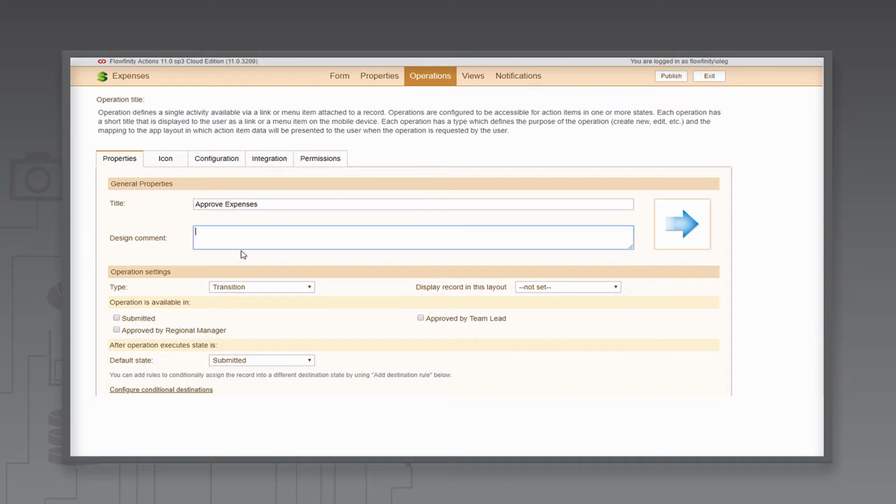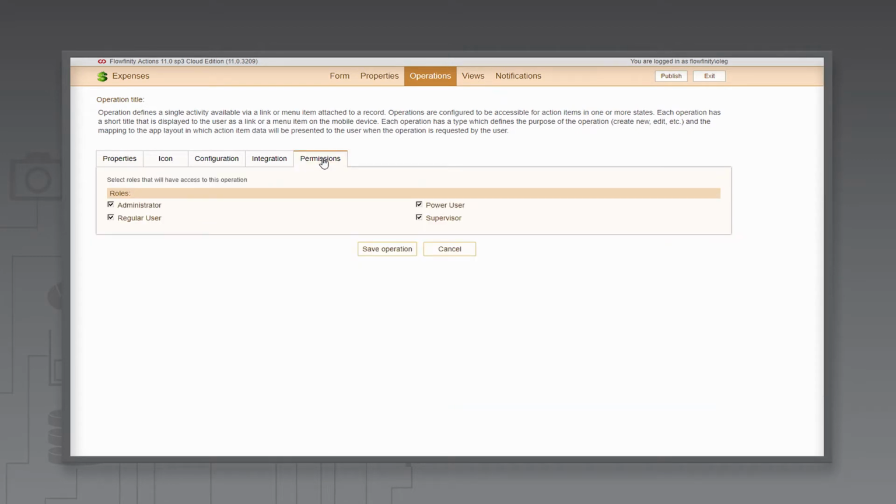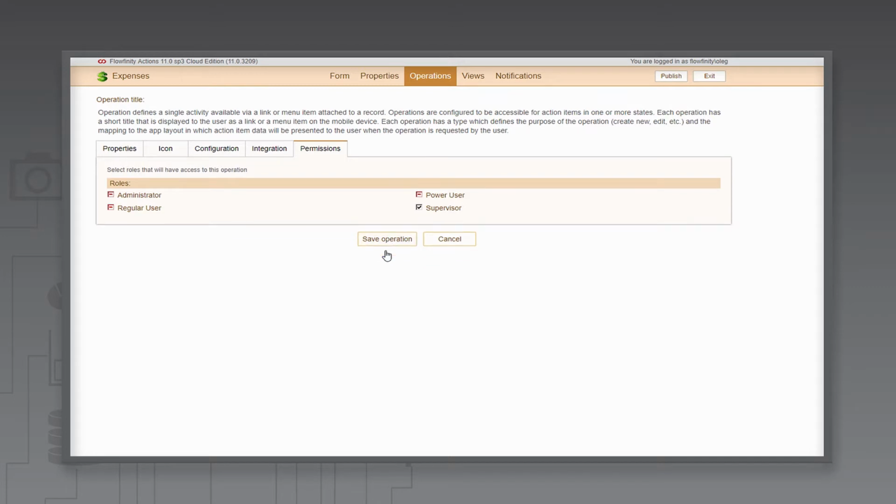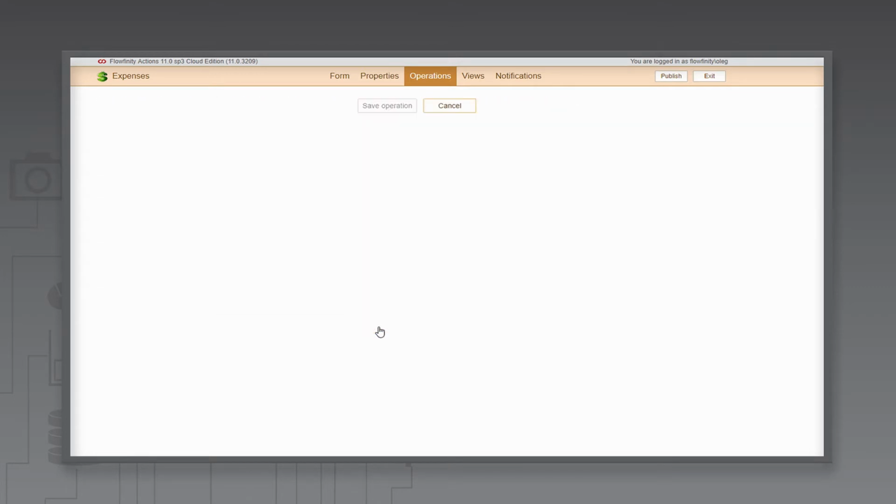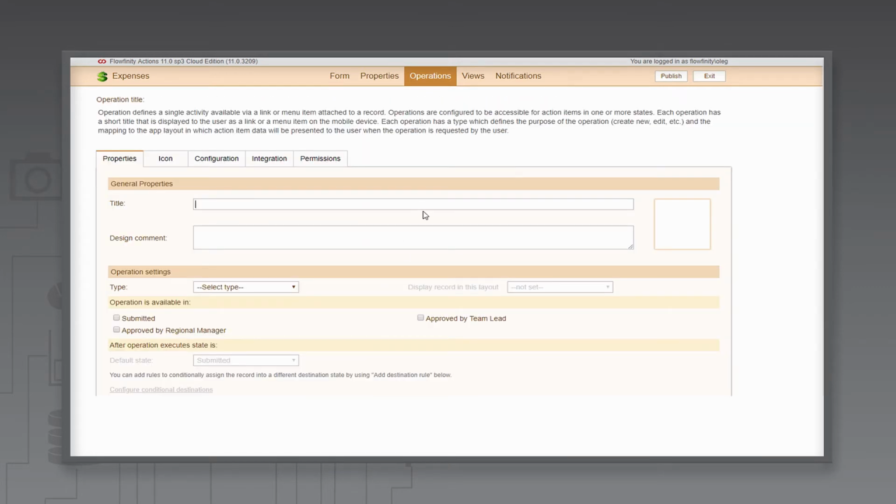This operation is for the team leads. Make the operation available for records in the submitted state and transition to the Approved by Team Lead state afterwards. Under Permissions, indicate that only the supervisor role is allowed to perform the operation. Save the operation. Next, add another operation called Approve Expense,